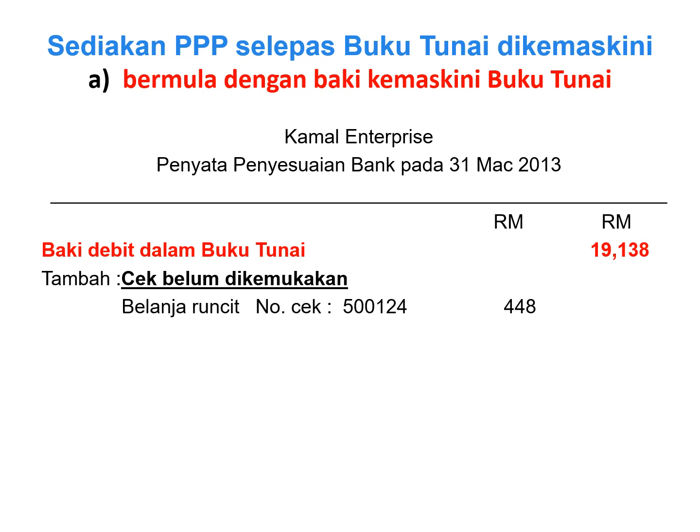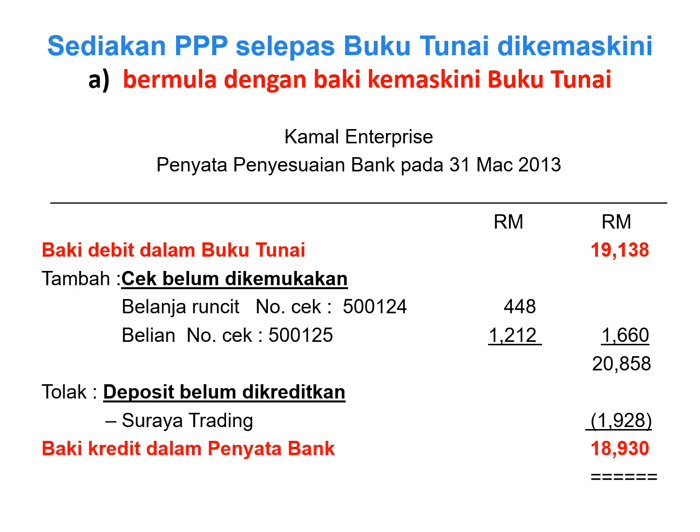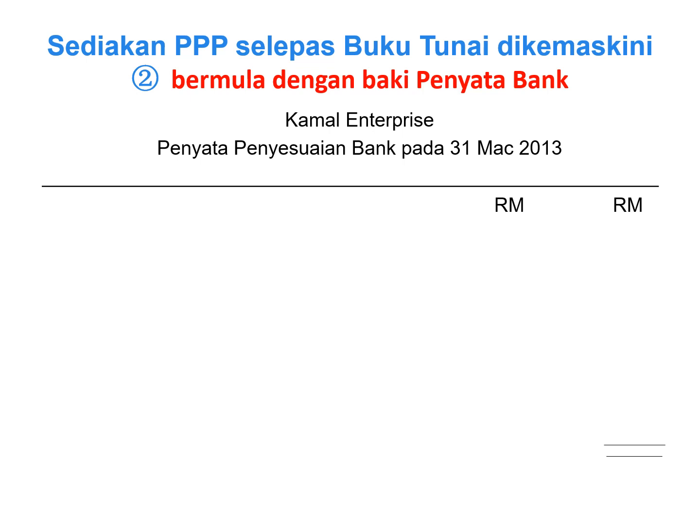So you plus with the check belum dikemukakan, the unpresented check, the check that you have issued out. There are two, so you get a total, and then you minus the deposit which is not clear yet, Suraya Trading。还没有过账，所以你把它扣出来，因为你的buku tunai的钱是多了的，然后你就找到最后的 figure， 这个是 baki credit dalam Penyata Bank。Or you can